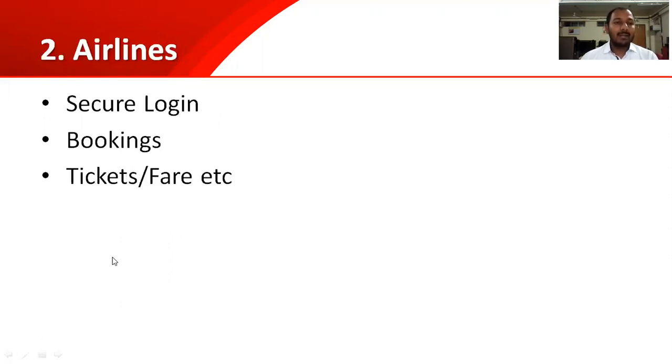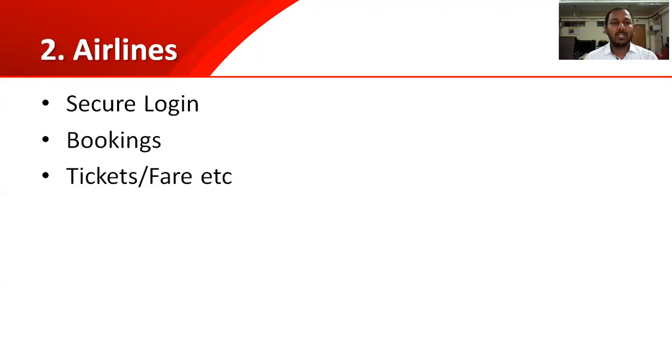Coming back to the second example, airlines. Again in airlines, airline booking, secure login is required. What is secure login? We just explained, we just discussed regarding the username and password. If the username and password are matched, then only the login is accessed.